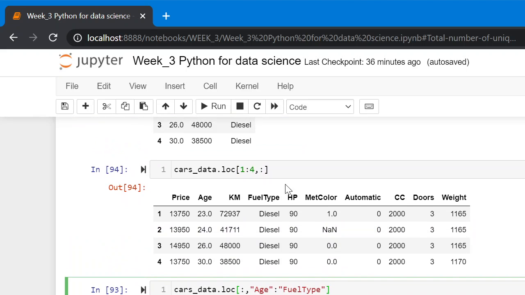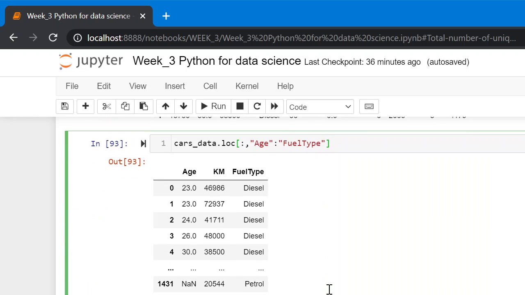As we can see in this example, in the column selector we have just colon, in the row selector we have just colon. Here it also works.